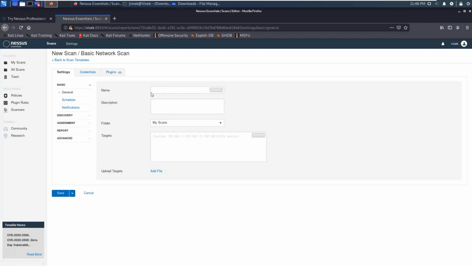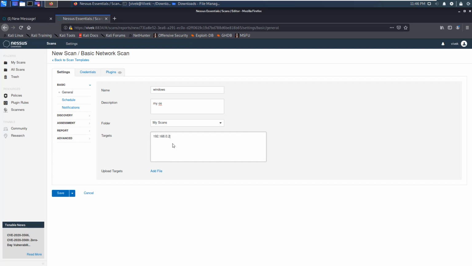You can enter any name, for example Windows, a description, my operating system, and a folder if you have any, so I can put it in My Scans. Now for the target, I can put, for example, 192.168.0.2.